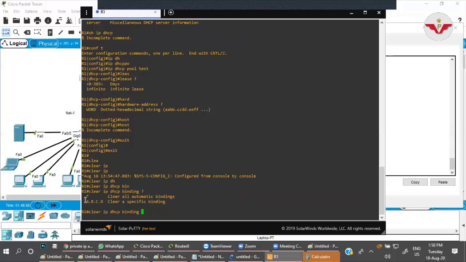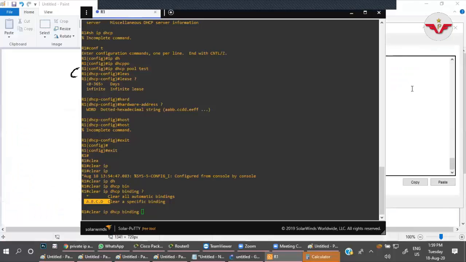Or if you want a specific binding, you have to give the IP address. Okay, Teja? So asterisk will clear all the bindings, and for any specific binding, you can give the address manually. Done.